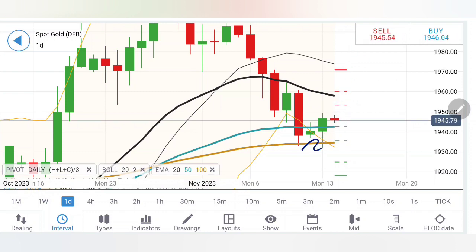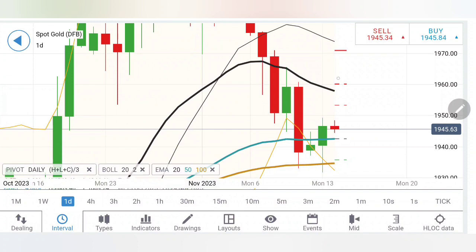At the same time, the preceding candle comes with a tail and a body and a little wick on the upside. So the little wick on the upside at least suggests that we may see 1954 levels, at least 53, 54 levels somewhere here it should achieve. And if it stays above 54, then more bullishness may prevail towards 19. So primarily it appears that we may see a little rise towards 1954. At least this should get achieved, and then a further rise.